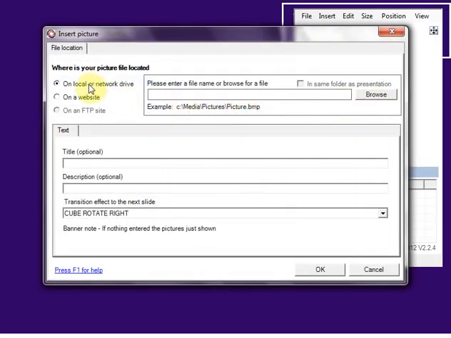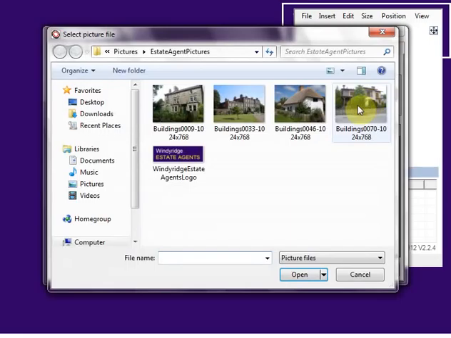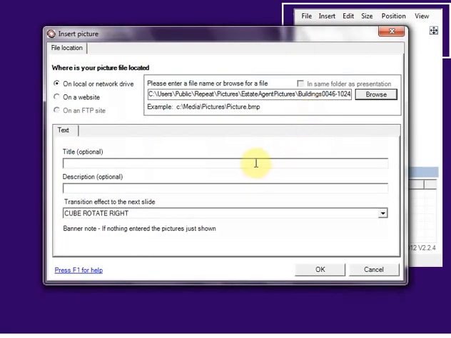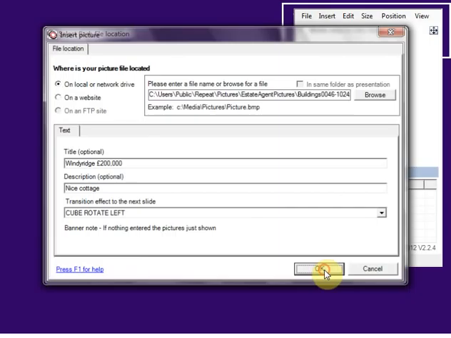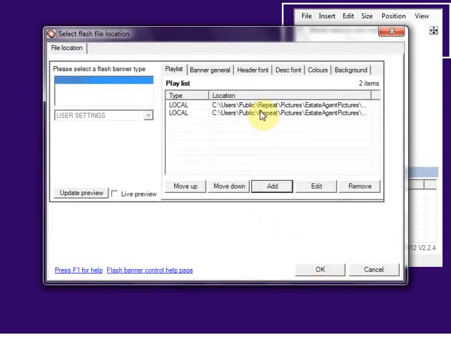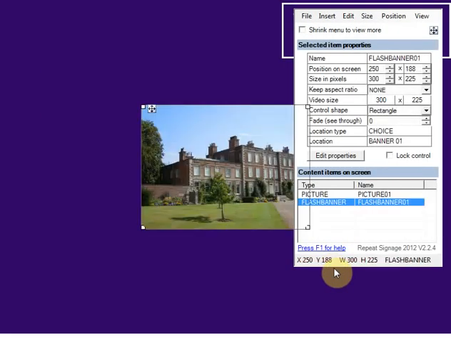My file's on a local directory, so browse. Let's choose a cottage this time, and that's also in Windy Ridge, which is a fictional place. And well, it's a bit cheaper, so let's just go for 200,000 this time. Description, nice cottage. Transition effect, let's go for cube rotate left this time, just to differentiate things, and OK. So I've got my 2 pictures, and I've also got some text attached, and I'm going to click on OK. And that adds this brand new control